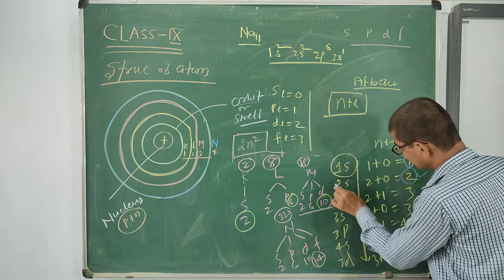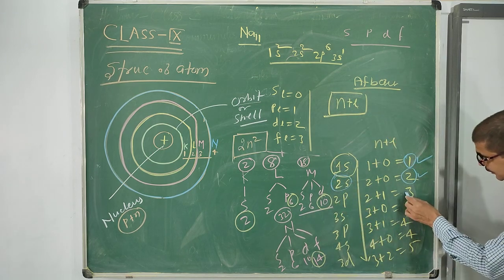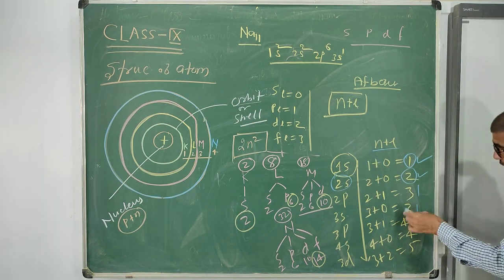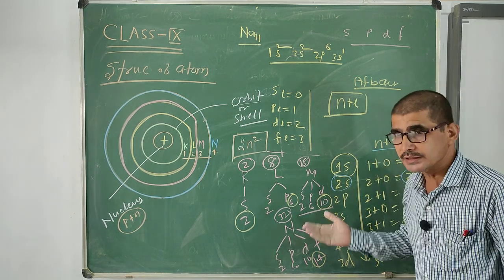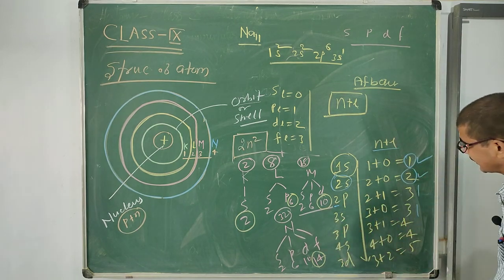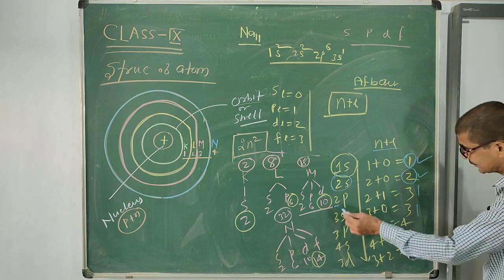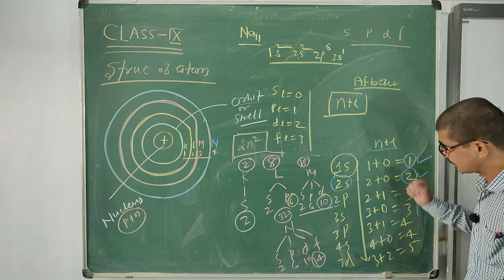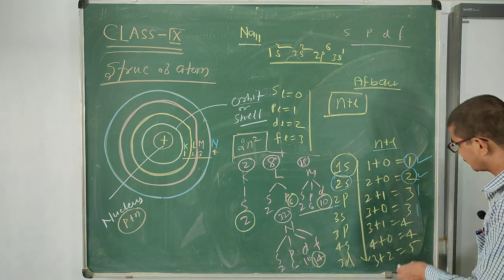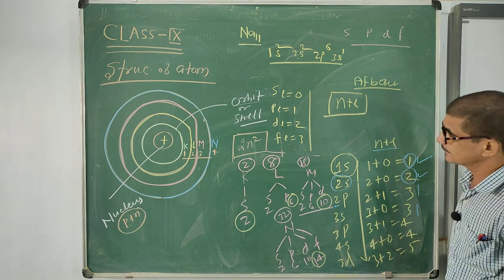Now the second rule: if two values of n plus l are equal, as the two values of 3 are here, then the electron enters depending on which value of n is minimum. n is minimum here, 2, so the electron enters at first 2p and then 3s. The two values are equal here, but n is 2, the minimum, compared to 3, so the electron enters 2p first and then 3s. So this is the Aufbau principle.